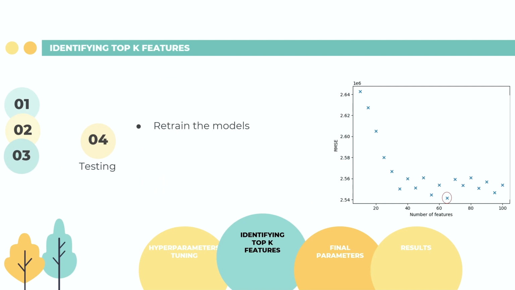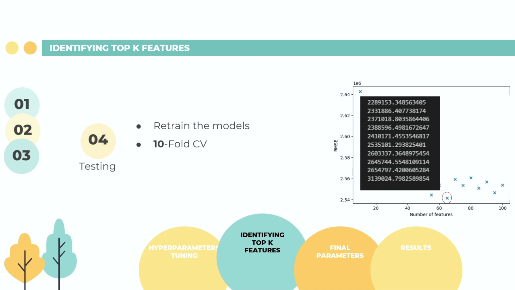Finally, with the optimal hyperparameters and the number of features, we then retrained the model. In this, a 10-fold cross-validation was carried out instead. Similarly, we recorded the RMSE score for each of the folds. However, we decided to choose the model with the median RMSE score instead, as we noticed that picking the lowest RMSE score does not always result in the best prediction. This could have been due to overfitting relative to the median model, which might have been more generalized.